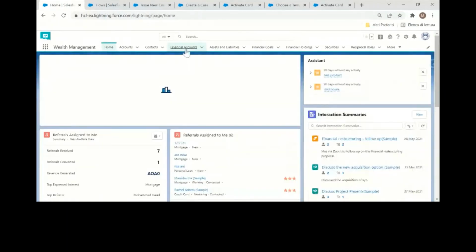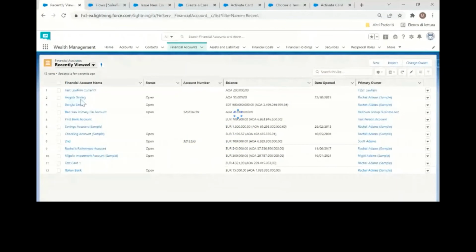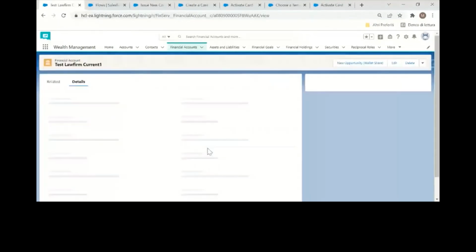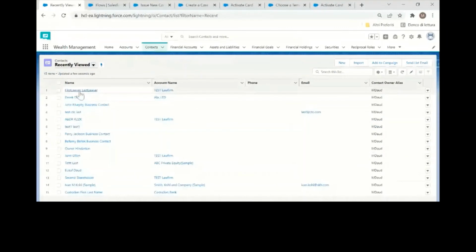And what I told earlier, this financial account is an object, and the contacts are also here. All the contacts are person accounts. Okay,